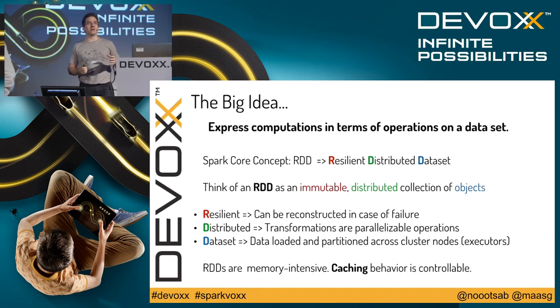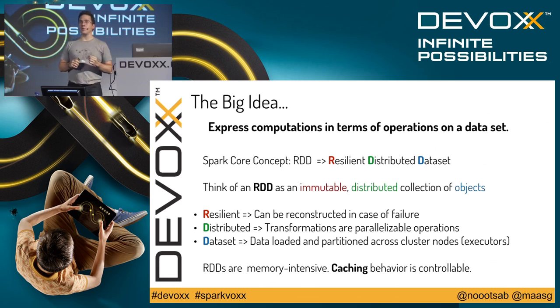What is the big idea behind Spark? The end unit of computation of Spark is an RDD. It's a resilient distributed data set. You need to think of it as a collection, a collection of elements, of objects, and we are very familiar with objects. We can manipulate them, but they are immutable objects, so you are not allowed to manipulate them in place. You are only allowed to transform those objects from one shape into another, from your original data set until the piece of data, the value that you want to extract from it that will help your business.